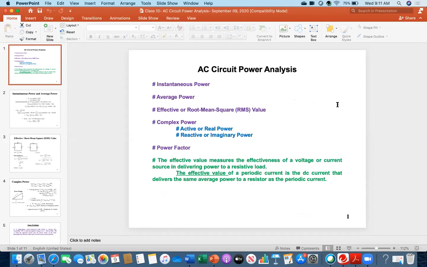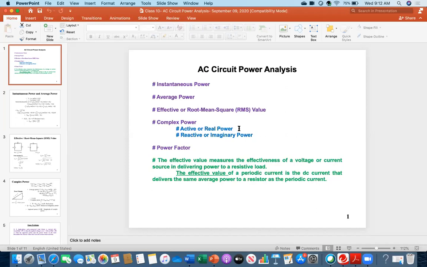As you know, we were discussing AC circuits, mainly the sinusoidal responses. Today we will be looking at power analysis. When you studied DC circuit analysis, you just multiplied voltage and current, said that is the power, and expressed it in watts. But in an AC circuit, it is not just one power. There are varieties of power.